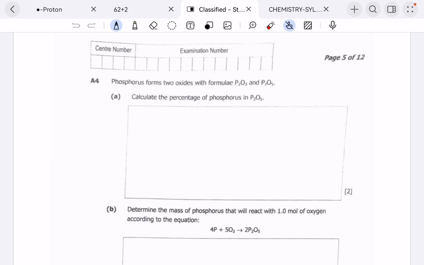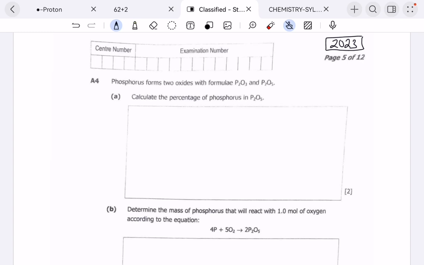In this tutorial, I'm going to answer a question in more concept. That is a 2023 question. This is pure chemistry. So the first question is, we have phosphorus forms 2 oxides with formulas P2O3 and P2O5. Calculate the percentage of phosphorus in